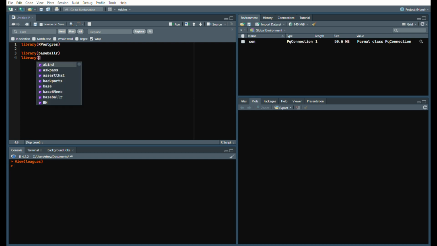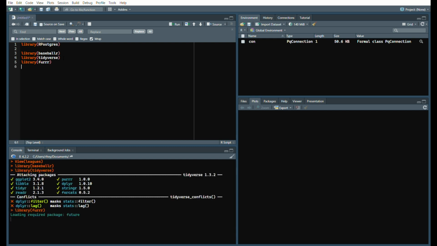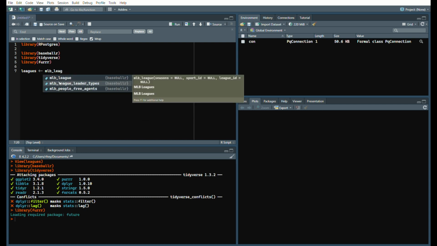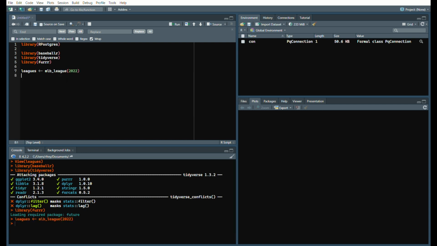So we've got library baseballR, library tidyverse, and then library furrr, which allows us to run parallel processing. More on that bit, but we'll run each of these. And if you don't have any of them installed, simply do what we did earlier: install.packages baseballR, tidyverse, or furrr, or none of them if you already have them installed. So load in all three of those, and then what we're going to do is figure out the minor league timeline. So we'll say MLB league, which gets the API data,